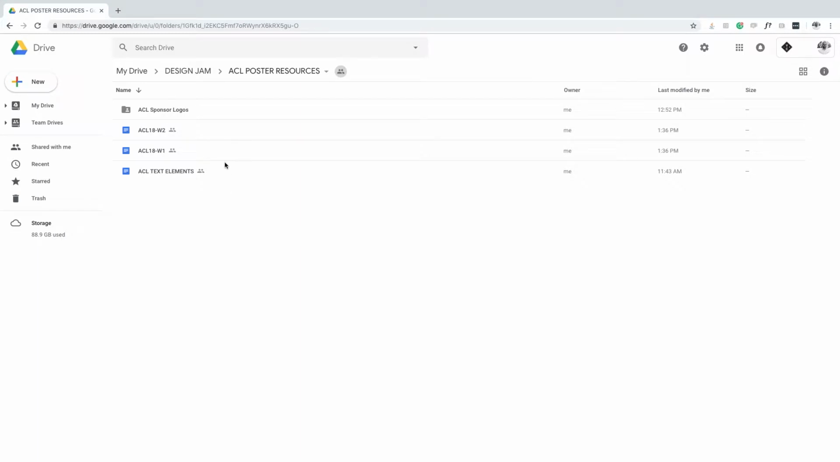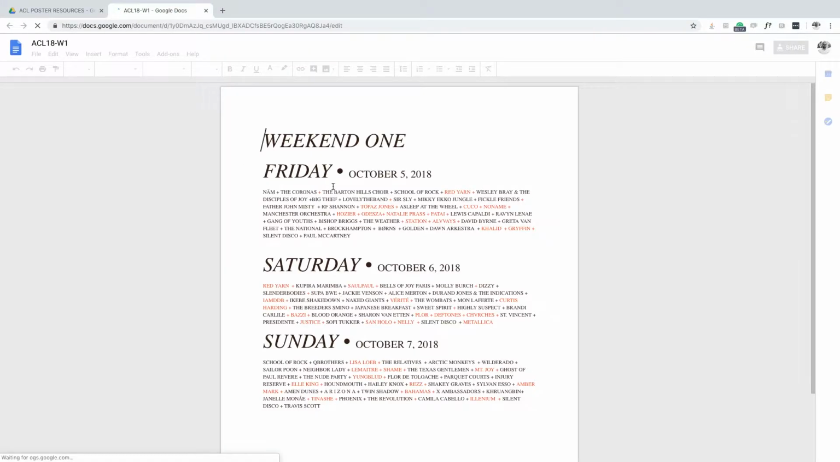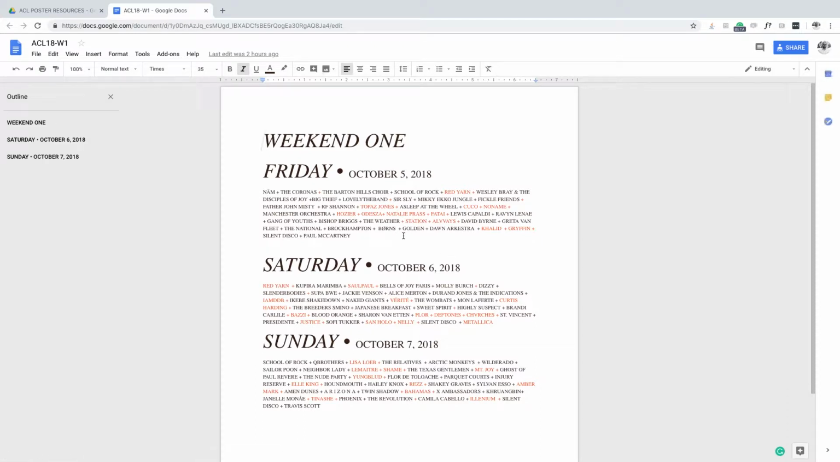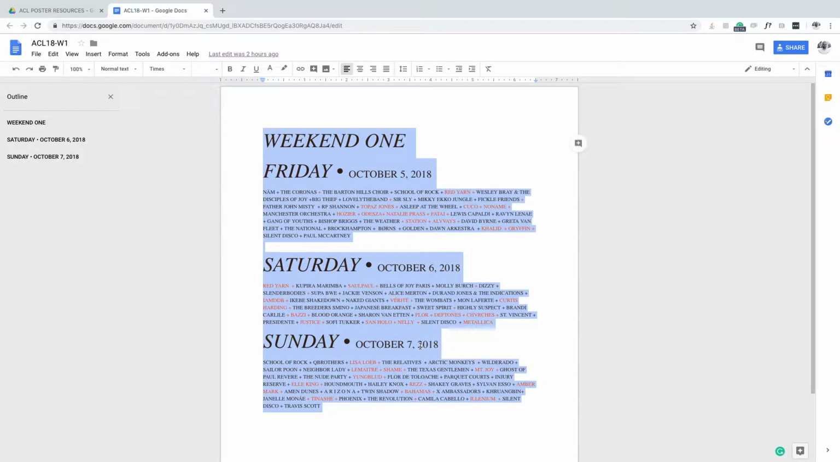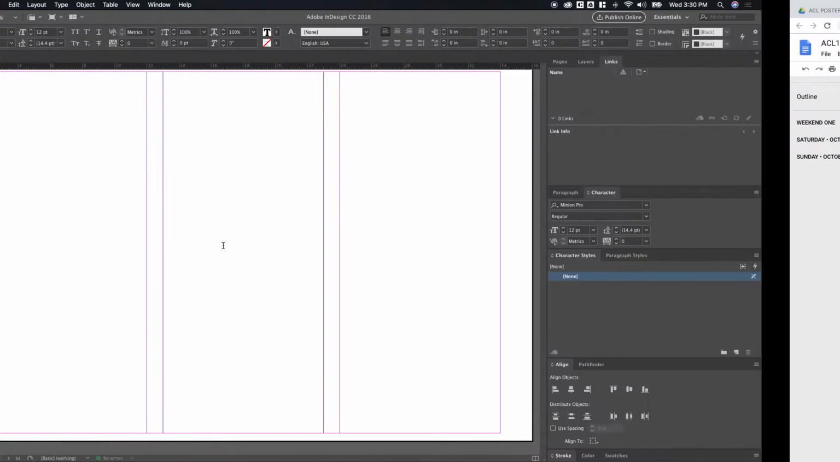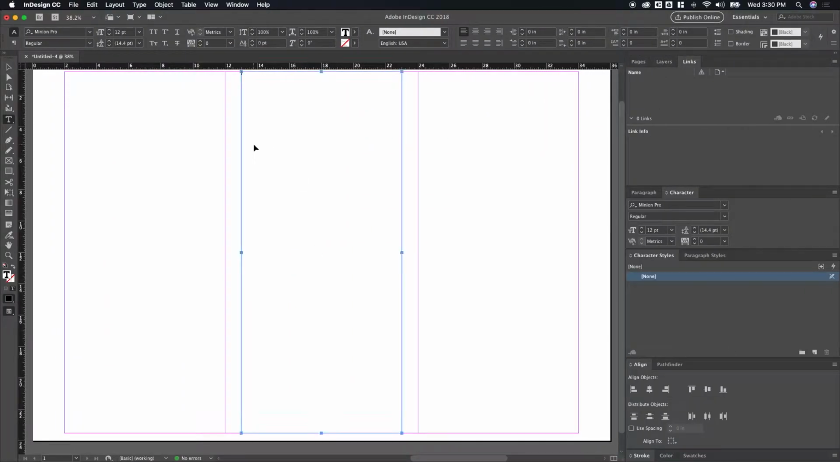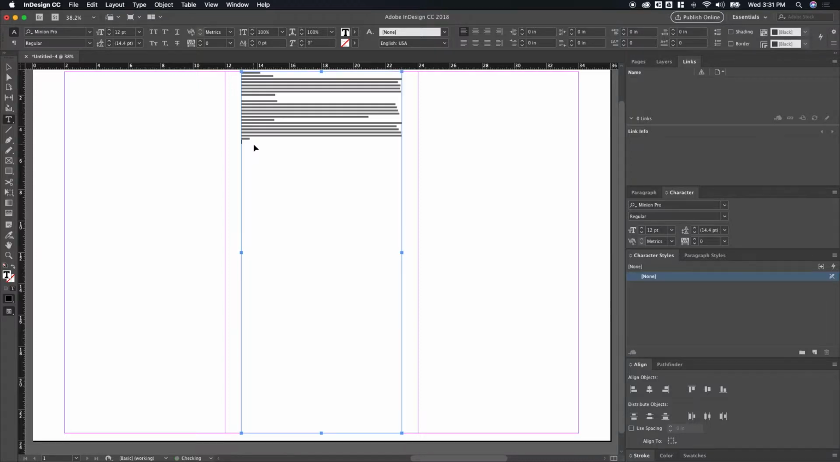Just to give you a preview of that, we're going to grab the ACL 18-Weekend 1 document and open it. And we'll go into this document and we'll see that we have a Weekend 1 header with the day, date, and then the names of the bands who are going to be present. All we have to do is press Control or Command A to select all of the text, and then we'll copy that text and go back to our InDesign, and then simply press Command or Control V to drop the